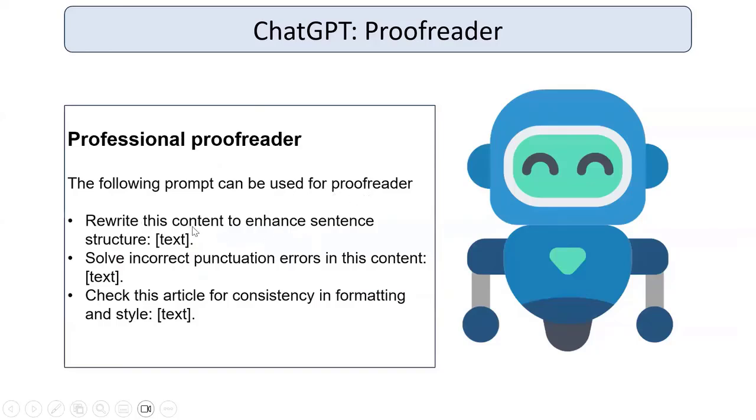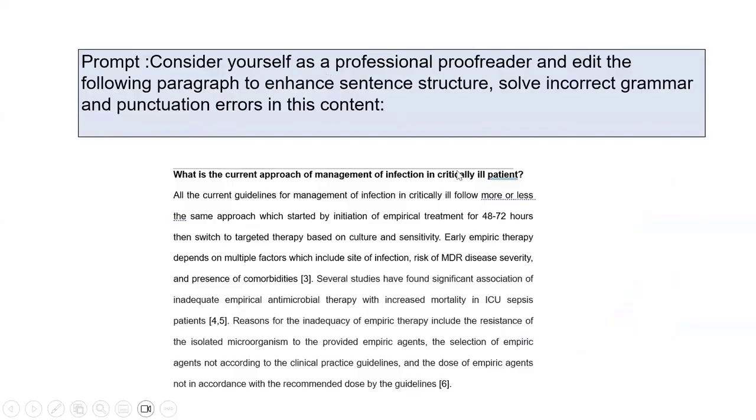First, rewrite this content to enhance the sentence structure, solve incorrect punctuation errors in this content, and check this article for consistency in formatting and styling. We will take this example paragraph and ask ChatGPT: consider yourself a professional proofreader and edit the following paragraph to enhance the sentence structure, solve incorrect grammar and punctuation errors in this content. Then